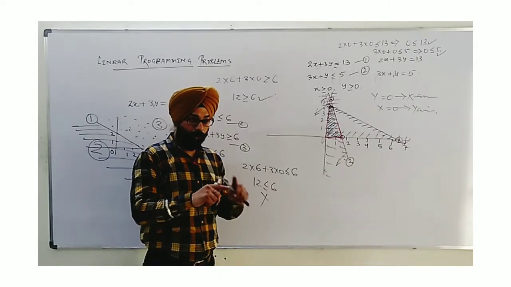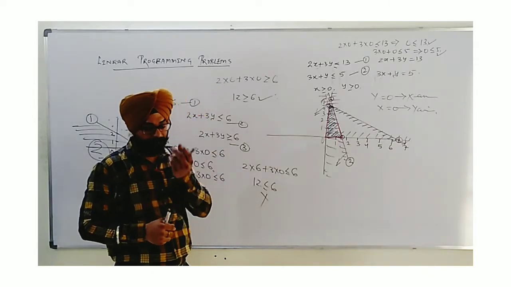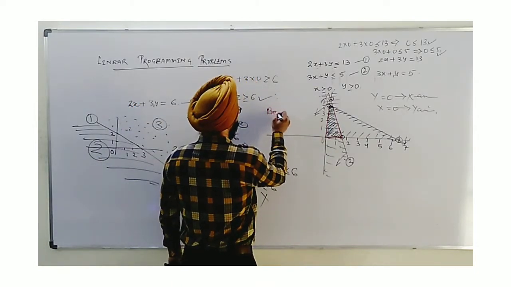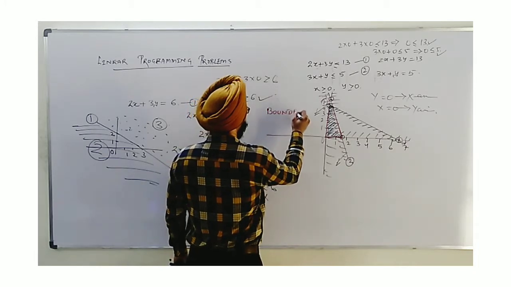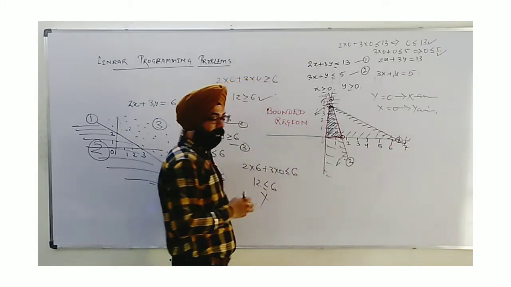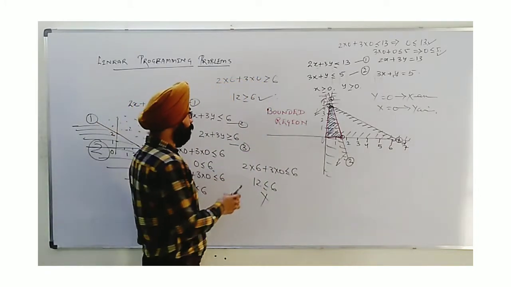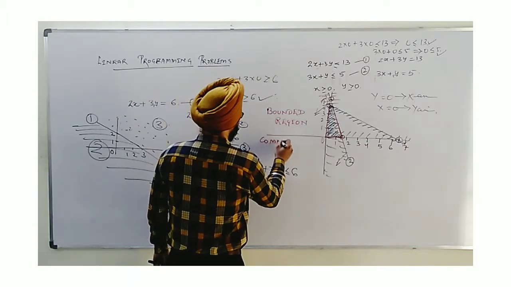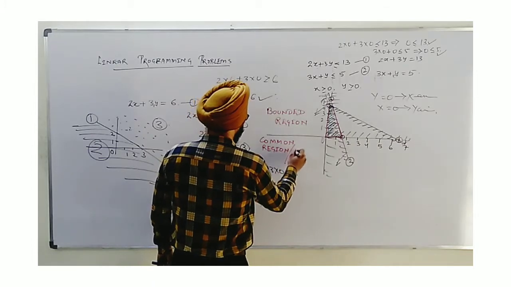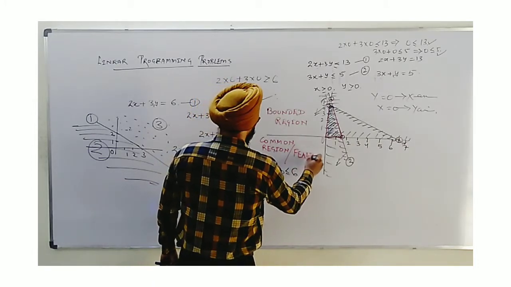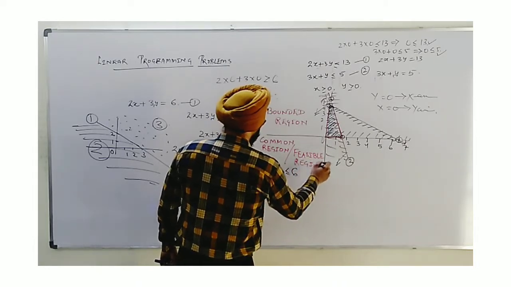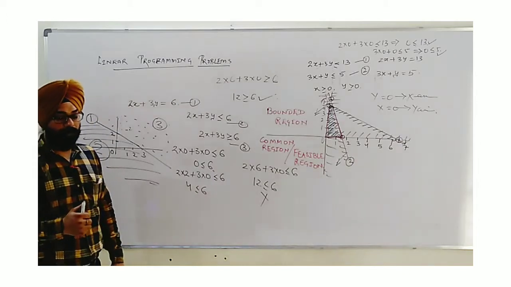And when it is closed from all directions, as I am using the word polygon, this type of region is known as a bounded region. We say that it is a bounded region. And the term which I was using, that commonly shaded region, or common region which we get, is also known as the feasible region. Feasible region. So mainly we discuss about bounded region.